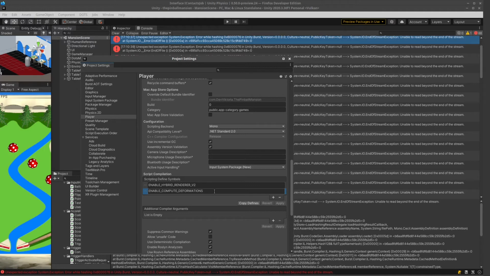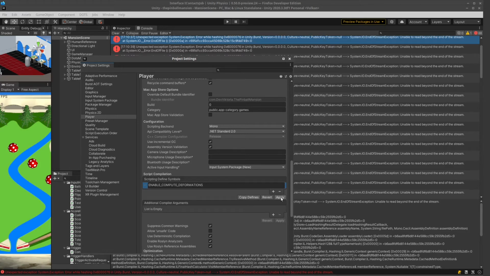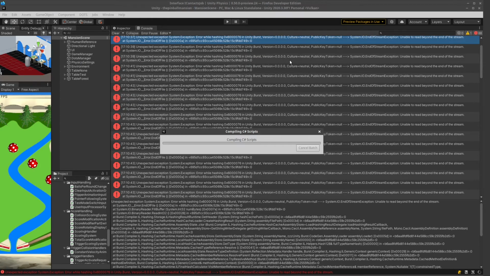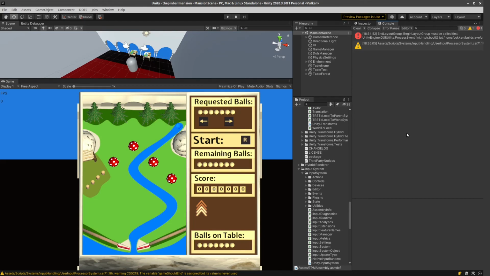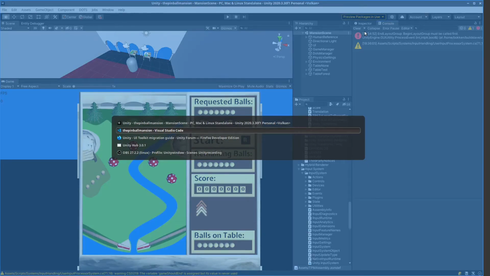compute deformations I may or may not need, but this enable hybrid renderer I totally don't need. So I guess I can apply this at least. And let me see what happens if I recompile the scripts. Maybe I should clear up the library folder. Okay, now actually I found